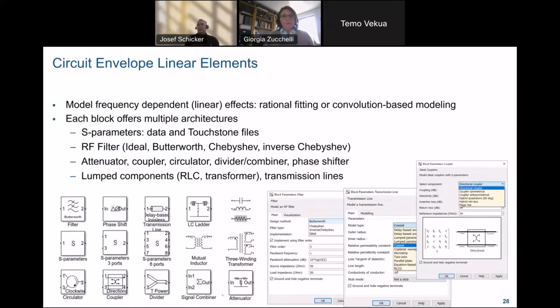For the hardcore engineers that want to use inverse FFT, we also provide a convolution-based approach. We provide both approaches. Sometimes there are reasons why you might still want to use inverse FFT. You might wonder why. I'll give you a very simple example because it's probably one of my favorite ones. Let's say that you have a component where you specify only the magnitude of the S parameters, but you don't know anything about the phase.